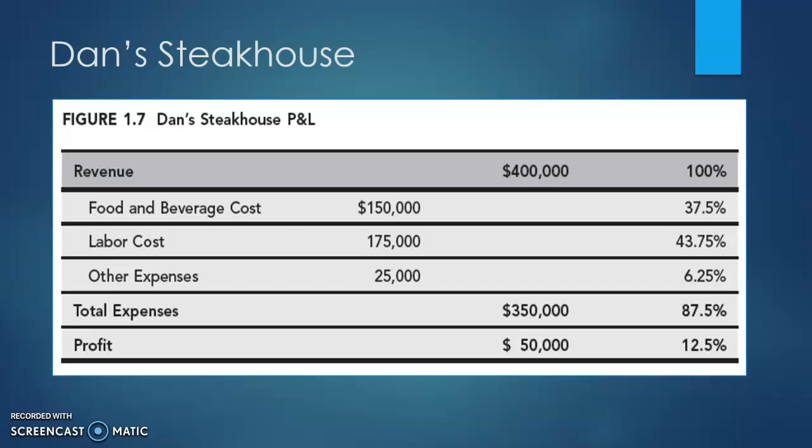Now, obviously, we have to look at this as percentages, right? So how do we break down percentages for a profit and loss statement? Up top, the 100% is the actual revenue, right? So everything is a percentage of the revenue that we actually incur. So it's a percentage of the sales. That's where you're getting these percentages, applying that formula, looking at what percent of the 100 each individual category is.